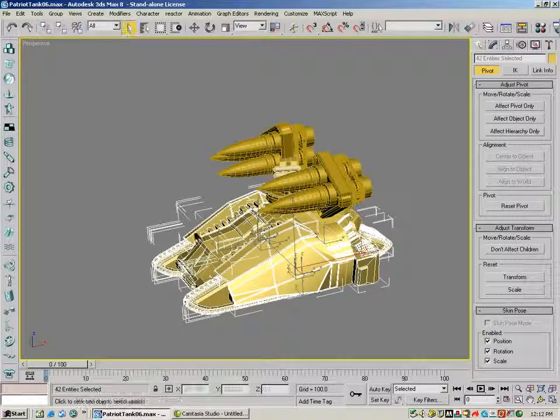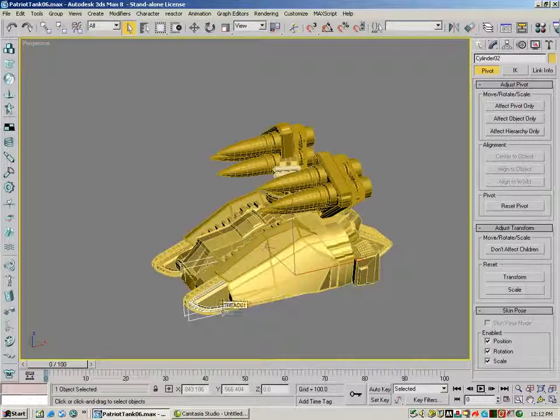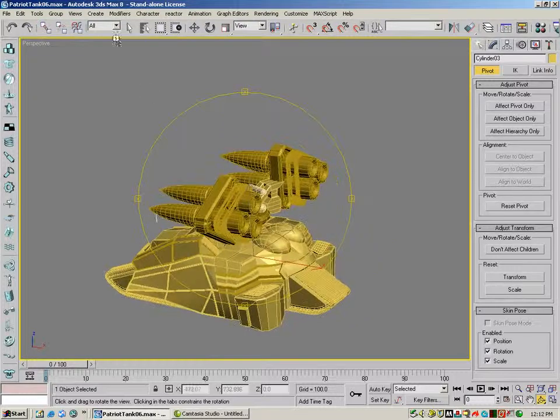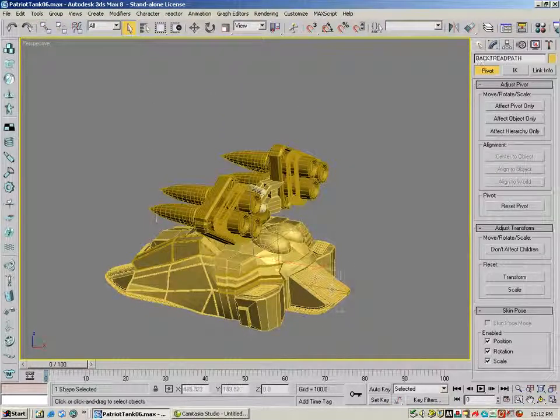Now, I can go back in later and attach things like treads. Treads will attach to tread holders. Tread holders will attach to the main body of the tank. It doesn't take too long once you kind of know what you're attaching. This is going to attach to the main body of the tank. I've got a back tread here that's got the same issue, so